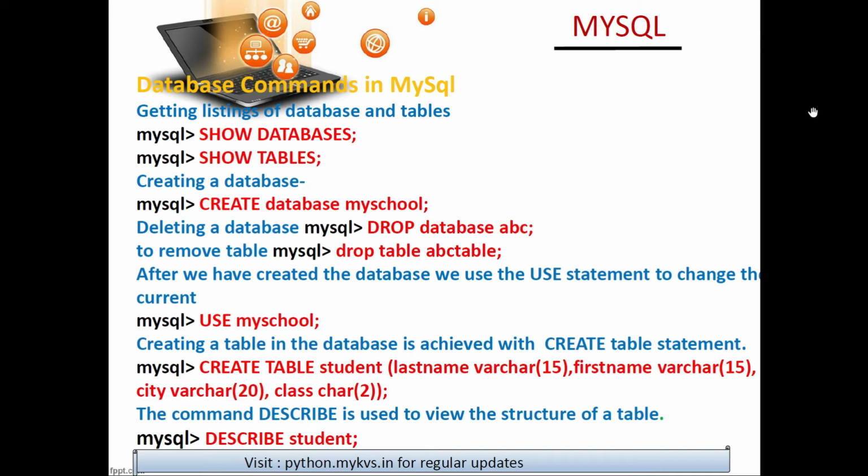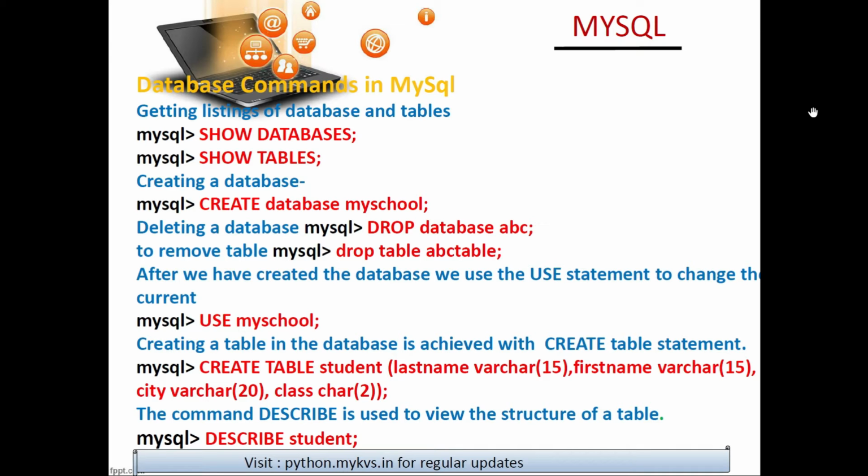All right. So in that case, what will happen? You can create a table. If you are not choosing any database, in that case, you will not be able to create any table. That's the one. All right. Okay. So here they are saying that one table has been created, named student. The create table command has been used.